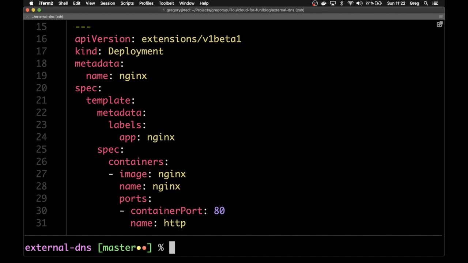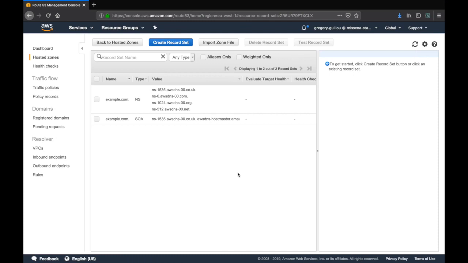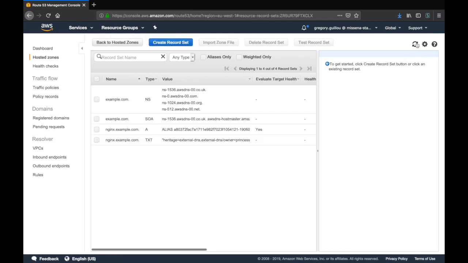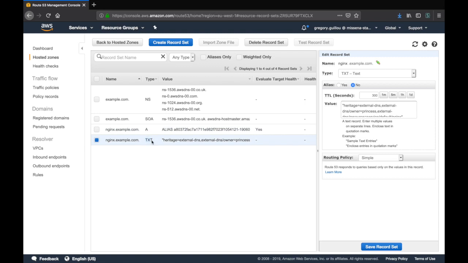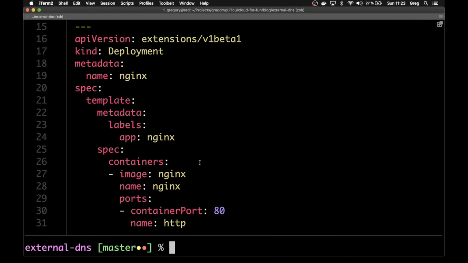Once you've done that, and you can have a look at your configuration, you'll see that the registration is already done. So it has registered with an alias, right? And the target alias is actually the LB that published the service, so the load balancer. And you will also see that it has this declaration saying, okay, the owner is actually Princess. That's the way it prevents the collision between the clusters. Okay, and that's pretty much it.